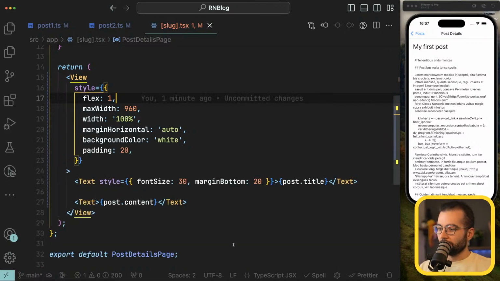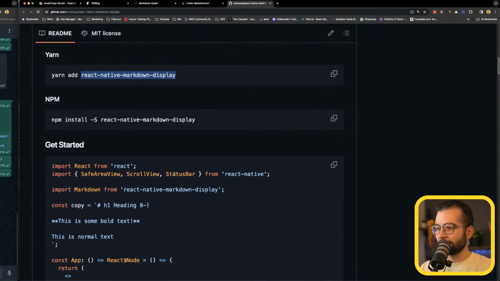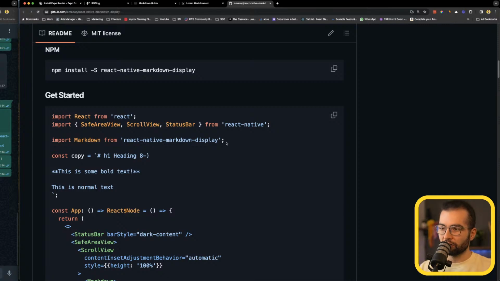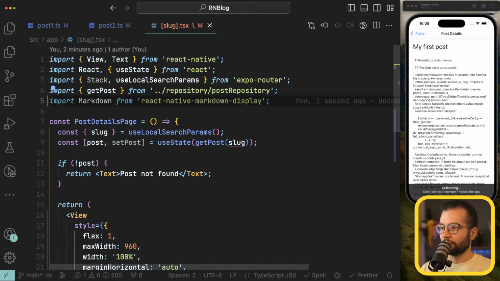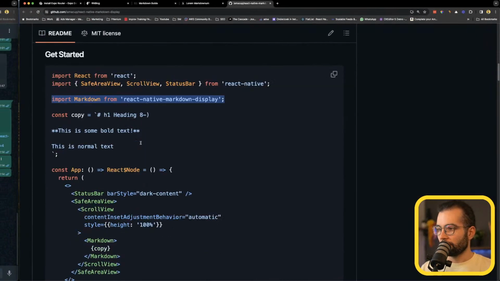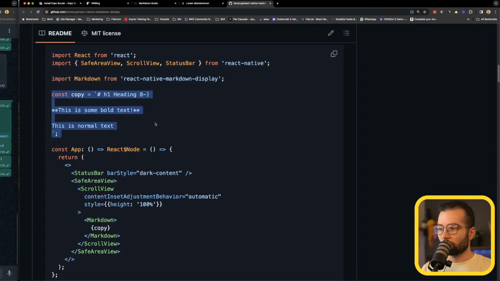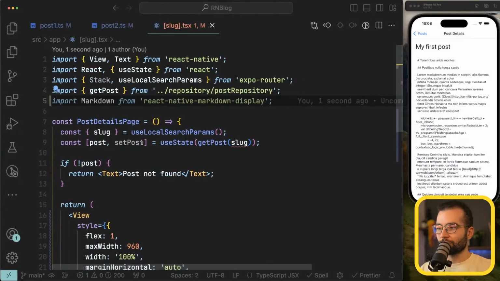Okay, we have it here. Let's go ahead and see the example. We have to import Markdown from React Native Markdown. Let's do that. I'm gonna do it here, Markdown. I'm going to also start simply by following their example, just for us to make sure that